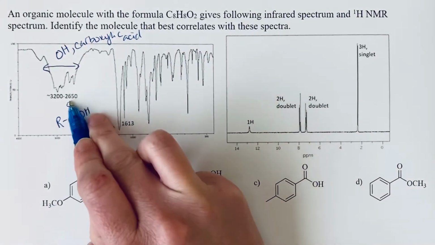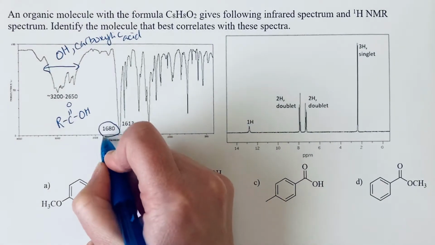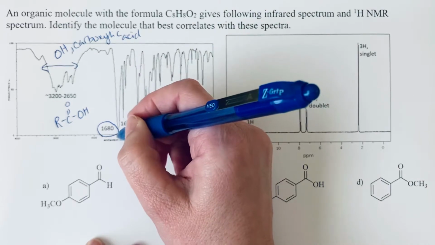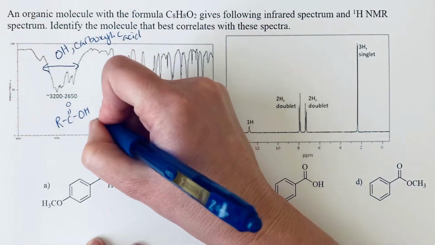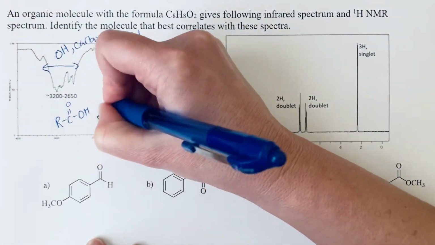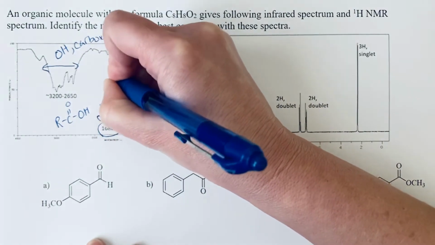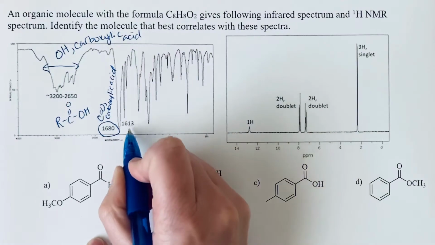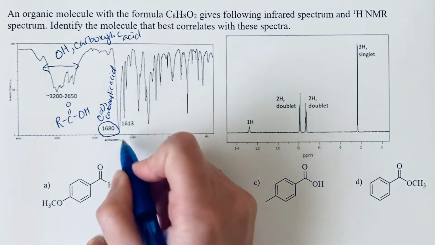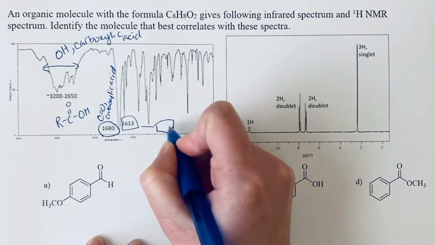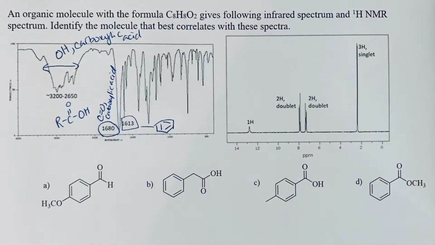intense peak for that carbonyl, and here it is. So this is the double bond area. This is roundabout where we would see a carbonyl. We see that really intense peak for that polar carbonyl. So that's the carbonyl of the carboxylic acid. And then I might also notice that I've got this sharp peak fairly close to 1600, and that looks like a benzene ring. So now that we've got some good ideas about the functional group, we can take a look